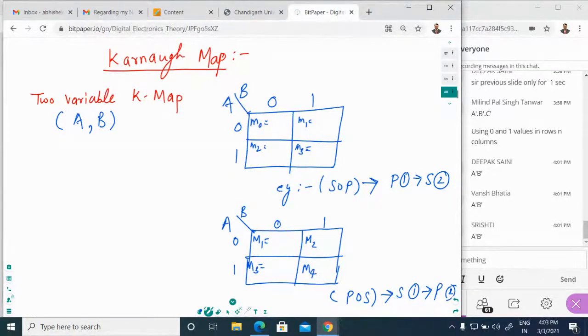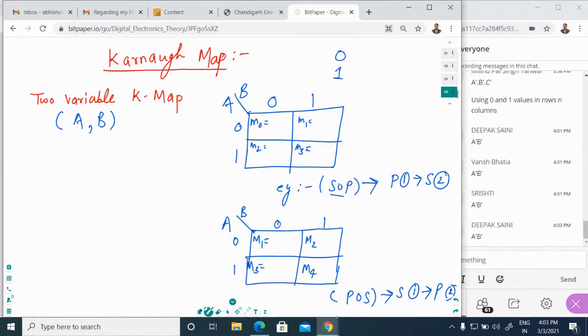Small m0, you can see A and B are both 0, 0 right here. So you can represent it in SOP. How can you represent 0 and how can you represent 1? In POS, how can you represent 0, and how can you represent 1?